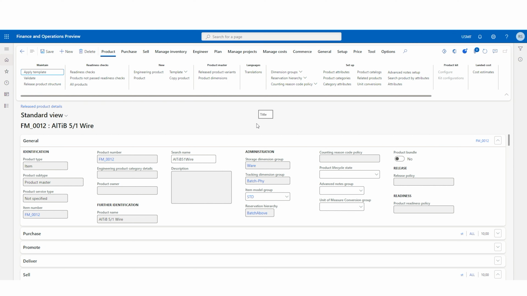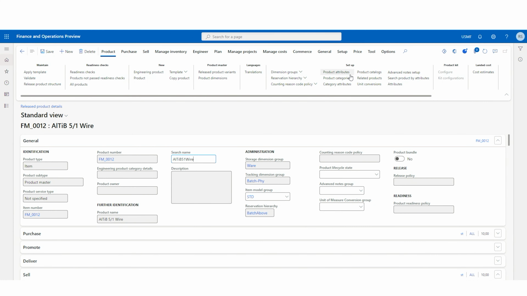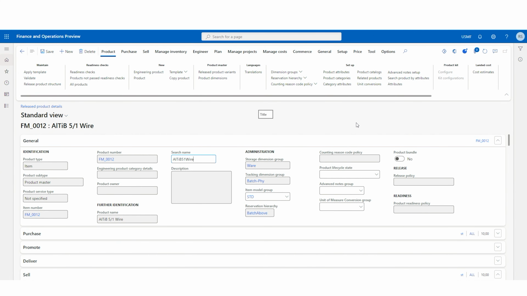Well, based on standard Dynamics 365, you can set certain product categories with product attributes. Like in this case, a category metal, you can assign certain attributes to the product, so it's still pretty much the standard. And then I can have this data reflected in my list page of my released products. So if I close that here and I go back to my list page,